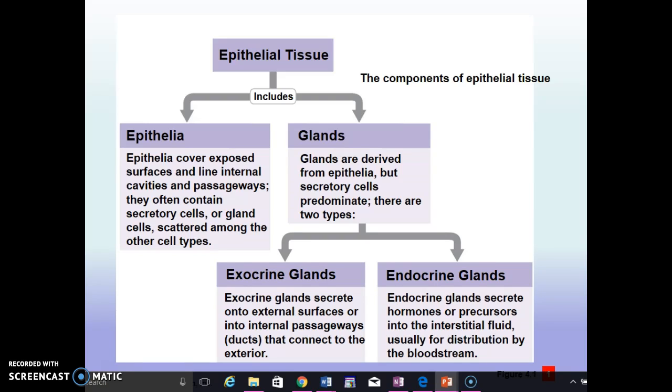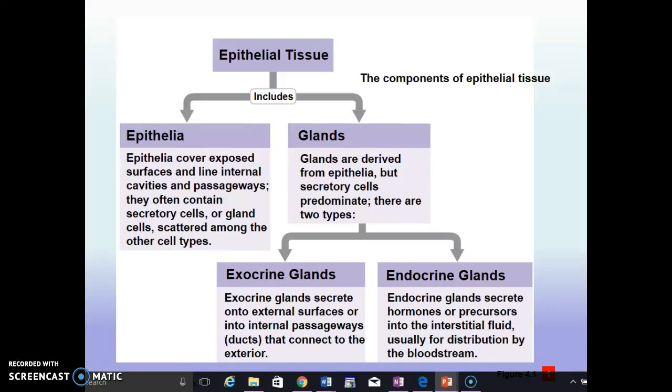Epithelial tissue is a diverse category. Epithelia cover exposed surfaces, such as your skin, and line internal cavities and passageways, such as your mouth and nasal passageways. They often contain secretory cells or gland cells, so they secrete. These glands are